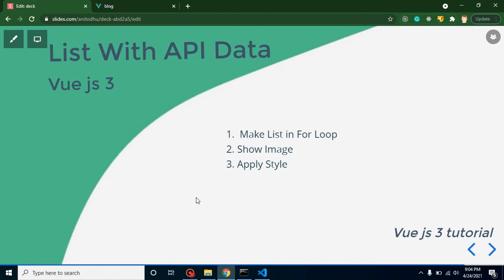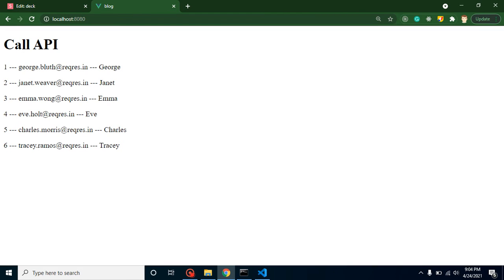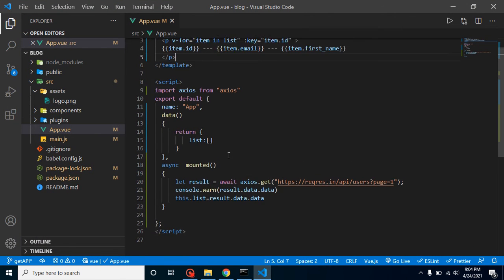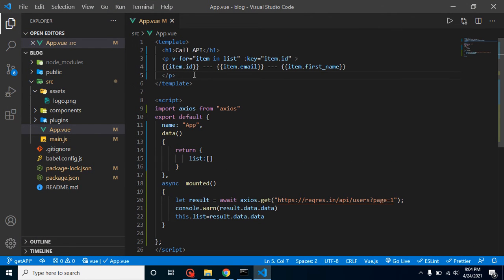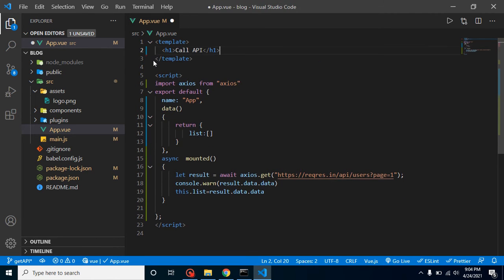So now let's get back to our video. First of all, I am just going to remove the old code, not the API call, just the code which is showing the list here. So let me remove it. See guys, we have different approaches. We can use a table, we can also use CSS flex, we can use UL LI, we can use a Bootstrap list, but there are lots of ways. Here we will use the most used way, which is UL LI. So now let's see.